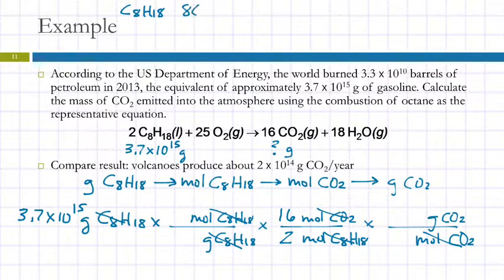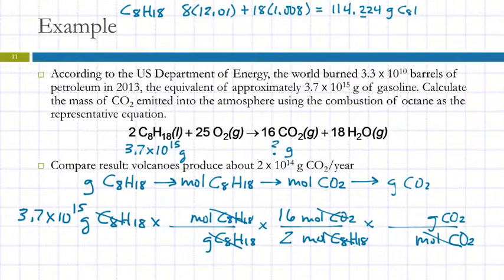So I need 8 times the mass of carbon plus 18 times the mass of hydrogen. 8 times 12.01 plus 18 times 1.008 equals. So calculator says 114.224. That would have 4 sig figs, so the 2 and the 4 can just sit there. That's fine. So this would be grams of octane